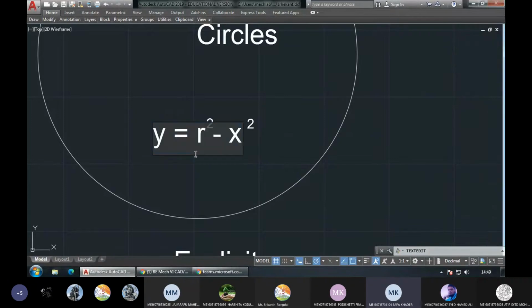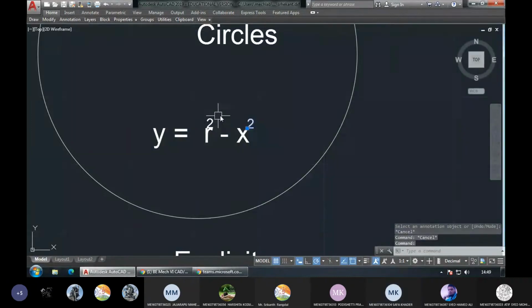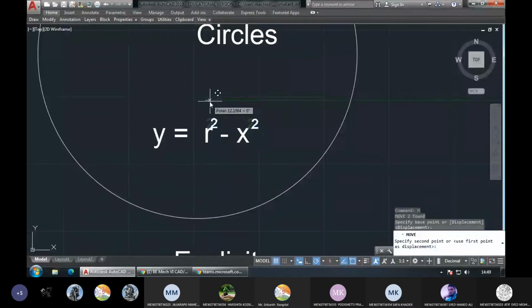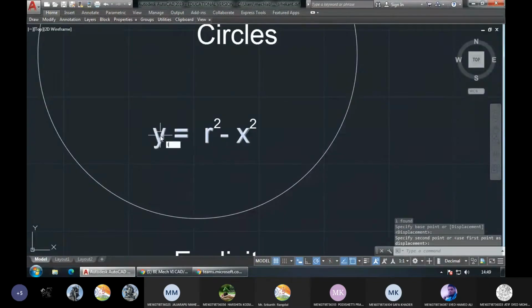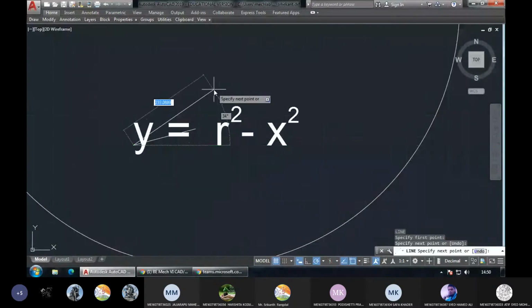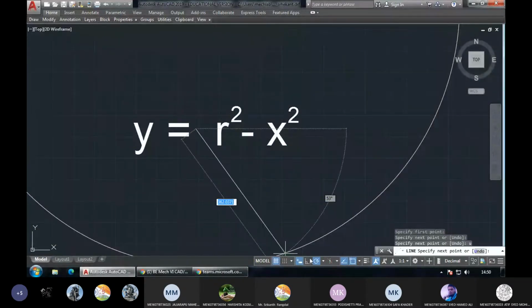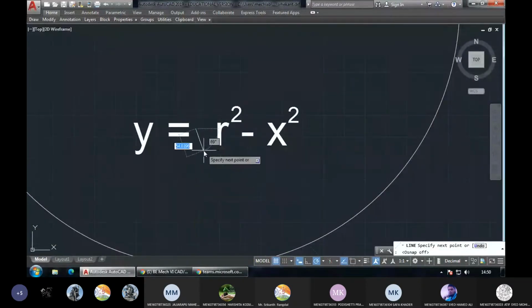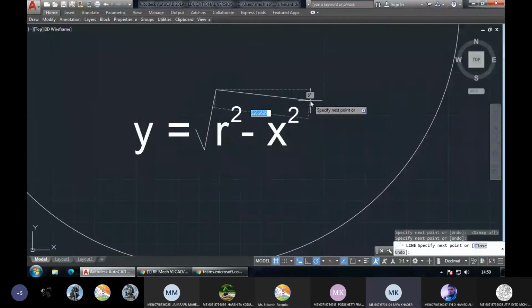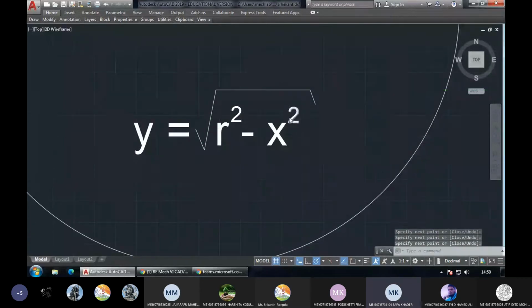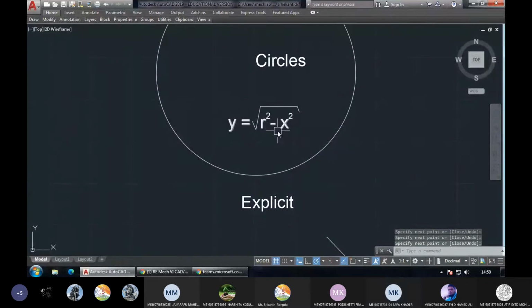You still don't know. Explicit means only one of the variables should be on one side. In this case, y is on the left side and the remaining equation is on the other side. Okay. So this is the explicit form. Explicitly, we are focusing on y. We are focusing on the definition of y. That's why this is called explicit form.